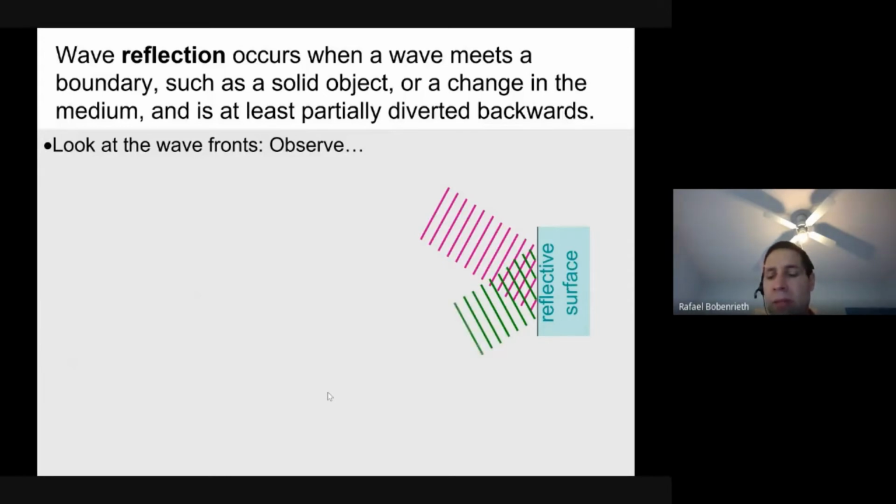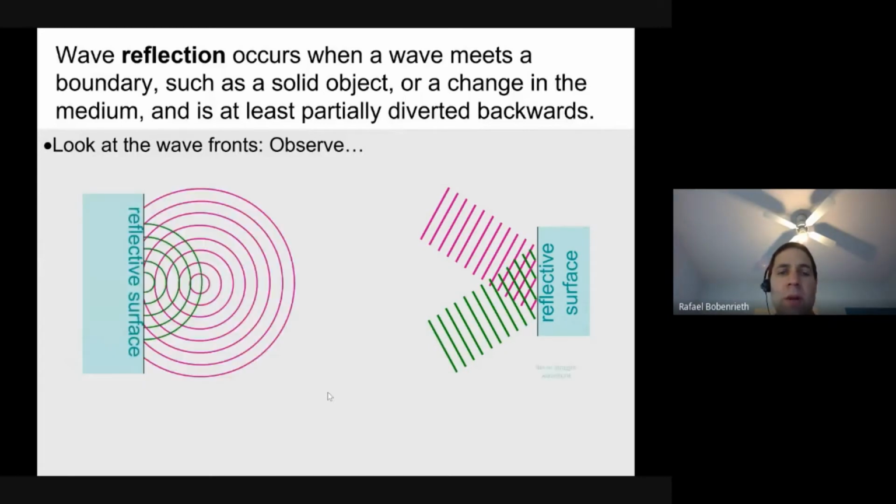And as it bounces off, it obviously changes direction and continues to travel in a very predictable path, by the way. Notice this can happen when waves are coming in flat, or when they're coming in from the side. So flat wave fronts, spherical wave fronts, you get this sort of reflection. That's common sense because we see it a lot throughout our lives, but it's important to name it. So that's what we call wave reflection: when a wave hits a boundary and a part of it bounces off, so to speak, and changes direction.